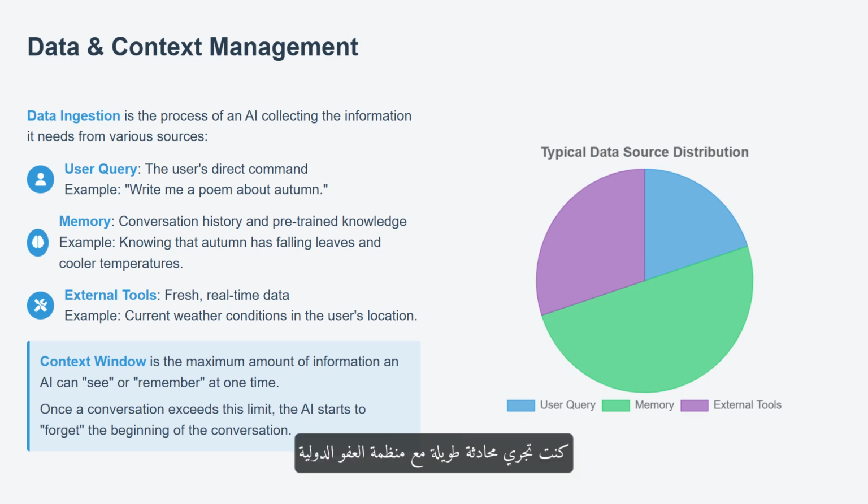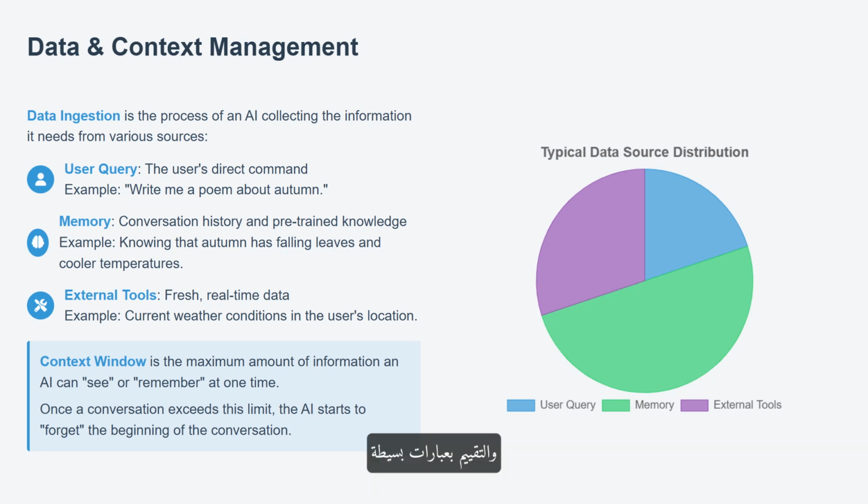Here's your activity. You're having a long conversation with an AI about planning a vacation. You've discussed destinations, budgets, and activities. Now you ask, "Based on everything we've talked about, which of those 2 cities is the cheaper option?" If the AI's context window is too small, what specific information might it have forgotten? If the context window is too small, the AI has likely forgotten the specific budget figures or price ranges that were discussed at the beginning of the conversation. Without that crucial data, it cannot perform the comparison and answer the question correctly.